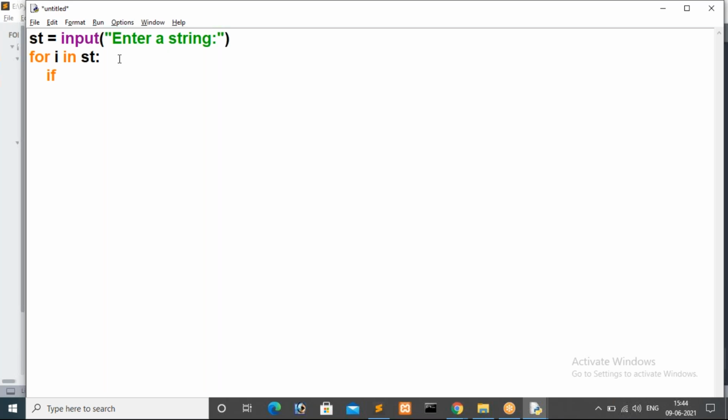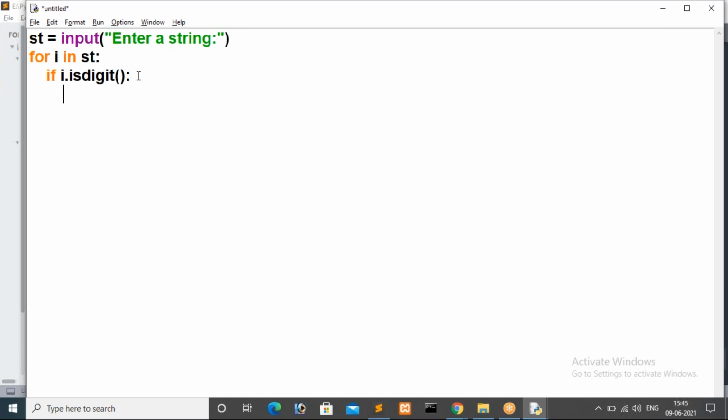So now I am getting a character inside. I mean, a character exists inside i. Now we want to check i. If i.isdigit(), the isdigit method will return true or false. Conditional statements take true or false cases only, right? If this function returns true, then only it will enter the if block. Otherwise it will go to the else block.